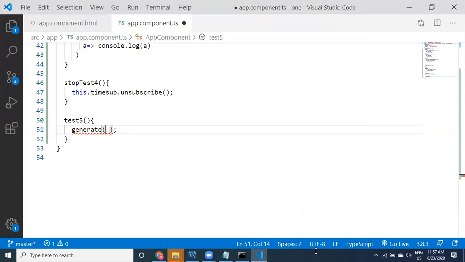Okay, one second. Somebody asked me this question: if we don't unsubscribe it, what kind of problems are we going to face? There are two types of problems. The first is processor time. If you don't require it, you have to stop it.